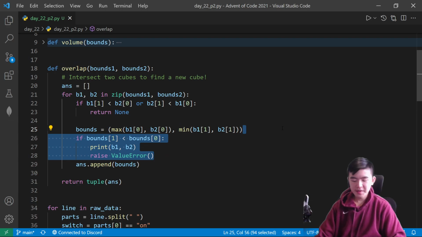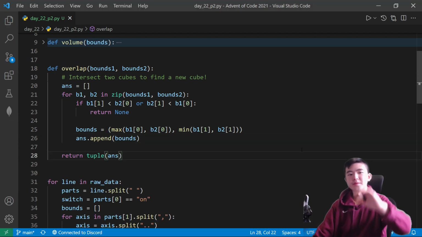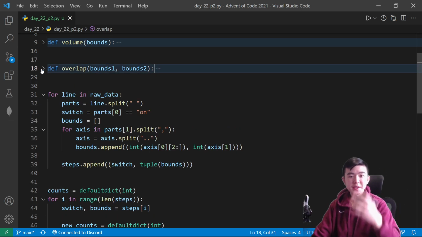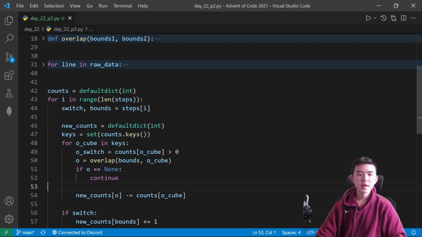Yeah, I just had this check here. This is not necessary. And then we can just append the bounds to our final overlap cube, and that just gives the overlap cube. All right, so now that we've got our two functions for working with cubes, let's actually